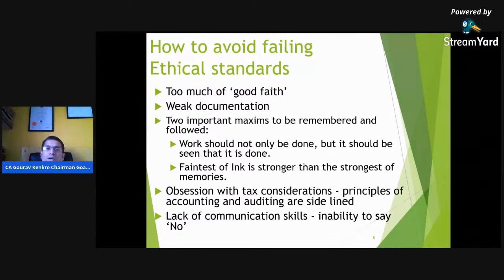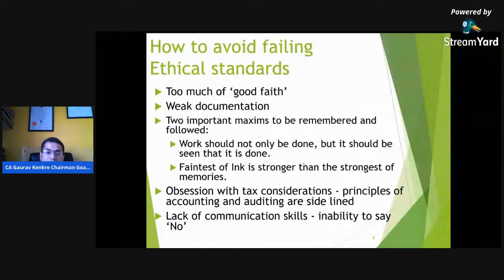This is very important, in the sense that you are doing some kind of checking, vouching, some kind of analysis. This may all go on in your mind, but at some place you need to document it, you need to write it down: yes, I have checked so and so vouchers, so and so ledgers, so and so books of accounts, so and so bills, I have analyzed so and so documents. Only then have I reached my conclusion that so and so accounts are presenting a true and fair view. If you do not document this, you will find it difficult to prove to anyone that this work has actually been done. So please do that.